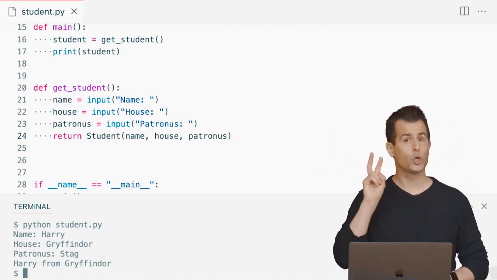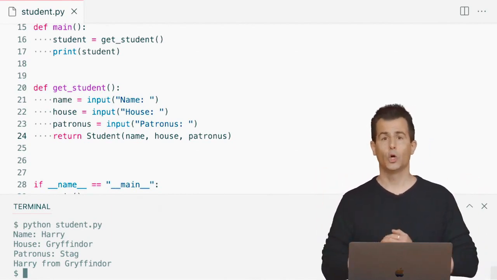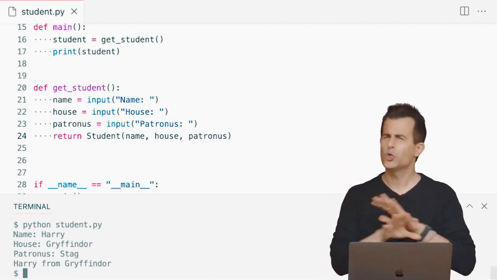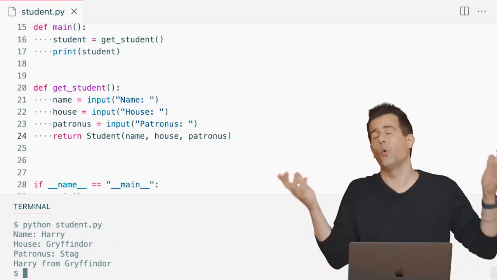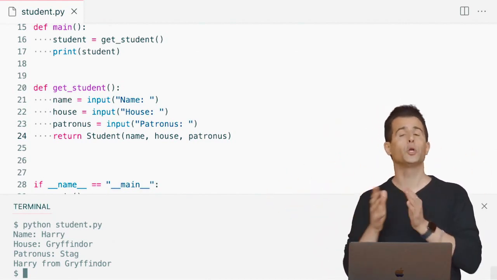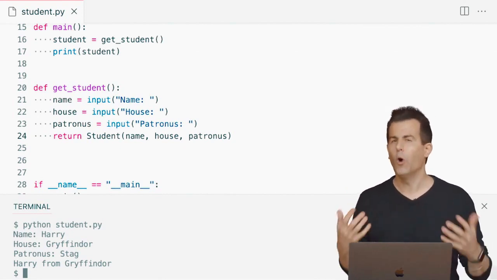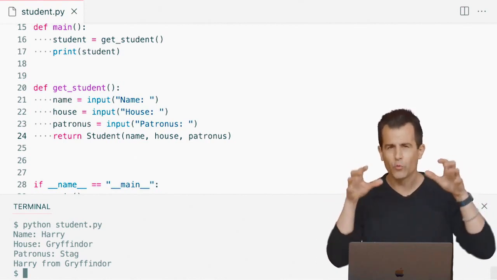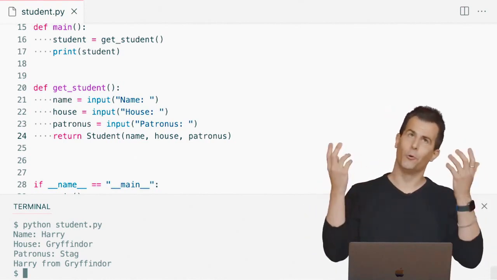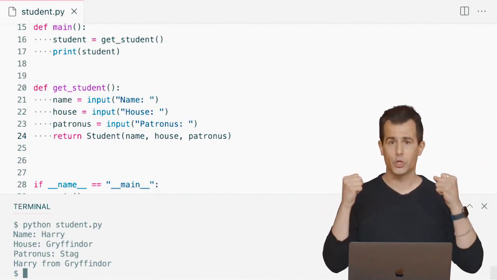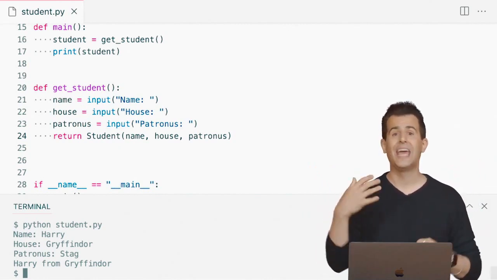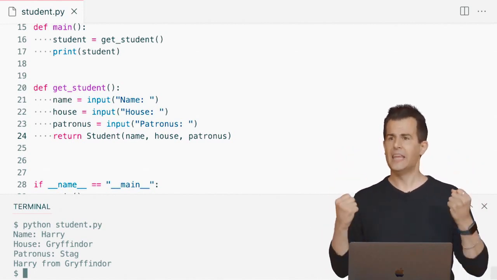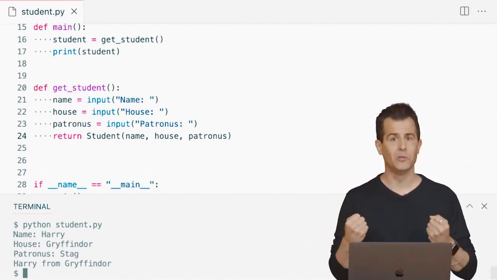At this point, we've seen two methods called __init__ and __str__. But those are special methods in that they just work if you define them. Python calls them automatically for you. But what if you wanted to create more functionality for a student so that your class really represents this real world, or maybe fantasy world, notion of a student, where students not only have names and houses and Patronuses, they also have functionality. They have actions they can perform, like